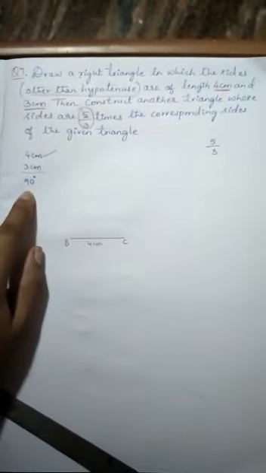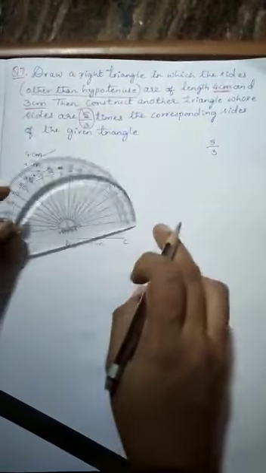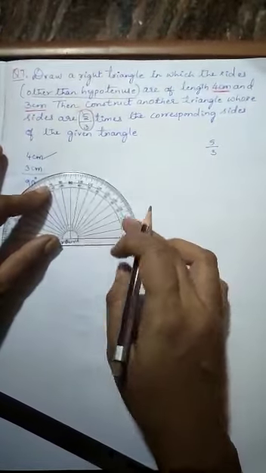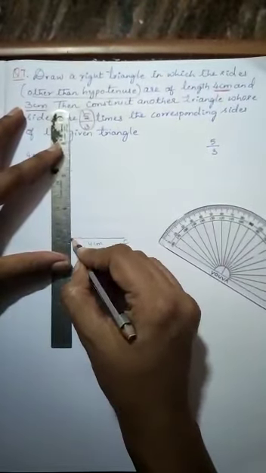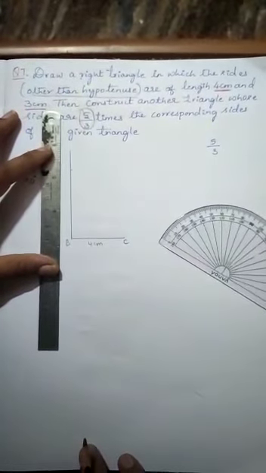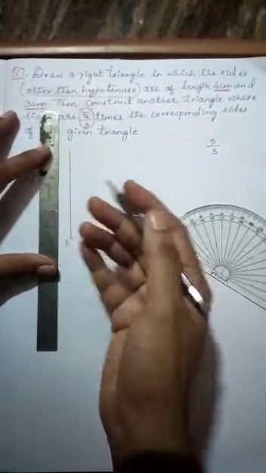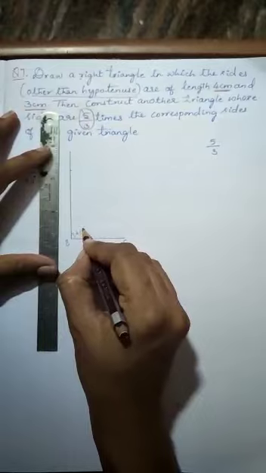And as you all know, one of the angles is 90 degrees. Either you can take C or you can take B, but always prefer B. So 90 degrees. You can do it using a compass only. As you all know how to draw 90 degrees without using a protractor, you can construct 90 degrees without a protractor also. So this is 90 degrees.